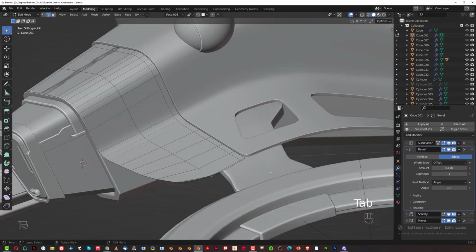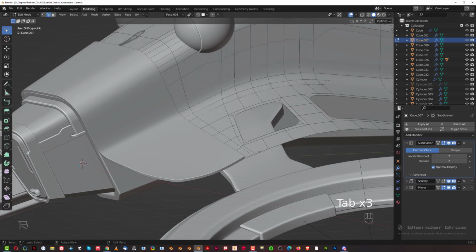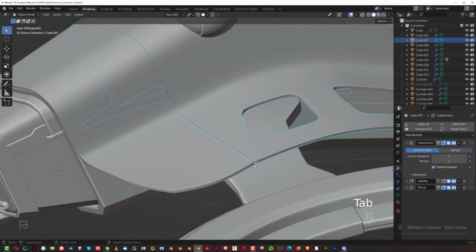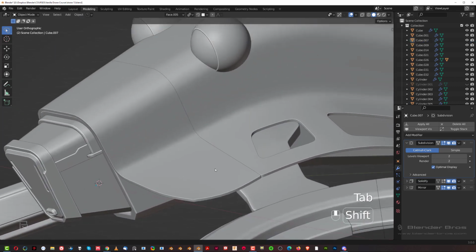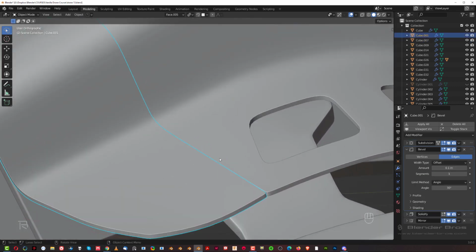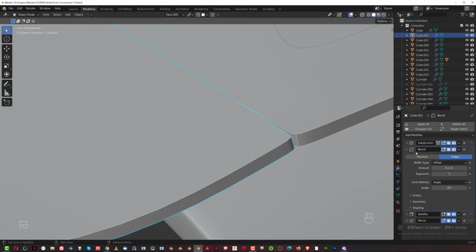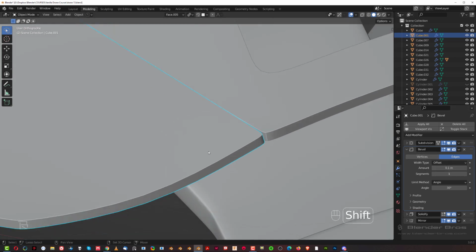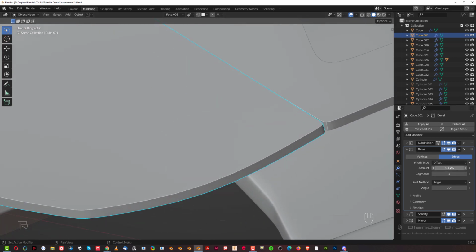Here we need an edge, so let's go select this one and Control R and drop a loop here. So we got a better connection here. There we go. There's a bevel here going on, I think, but we need to improve that. So let's see what we can do about that. So shading, let's just turn off clamp overlap,